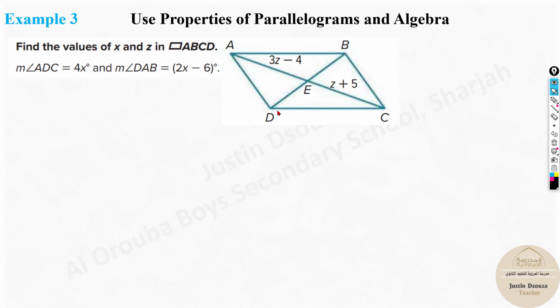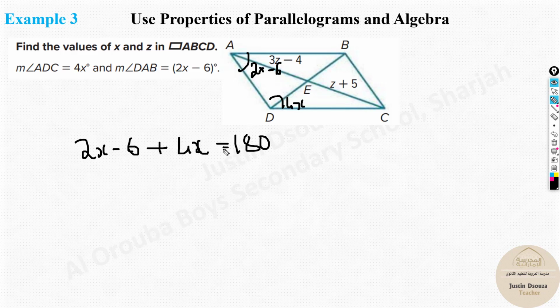Now measure of ADC. Can I see this? ADC is 4x degrees. And measure of DAB, this one is 2x minus 6. So now we need to find x first. Let's do that. We know consecutive angles of a parallelogram are always supplementary. That means if I add 2x minus 6 plus 4x, that will be equal to 180